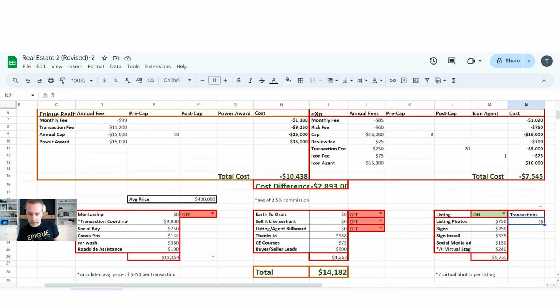I know a lot of people, once they get to that icon point, they want to be more listing heavy. So let's say they sell 20 transactions. Okay, so right now you're saving $6,300 in just the listing benefits alone. And let me add this: I don't have everything in there. The healthcare, I don't have the dental insurance, I don't have the vision insurance. I don't have a lot of these benefits in there. I'm just making it simple. Watch my other video where I talk about a lot of the new benefits. Those are videos that you have to watch to educate yourself, but this is just fun and simple